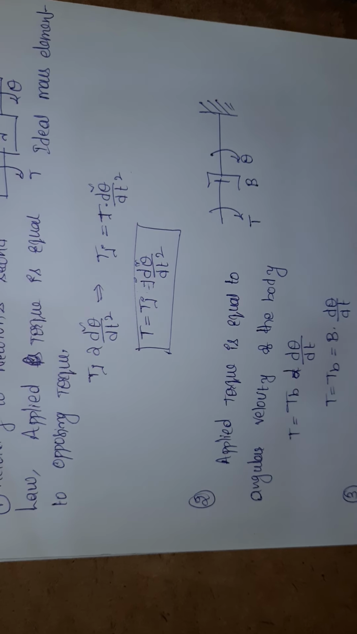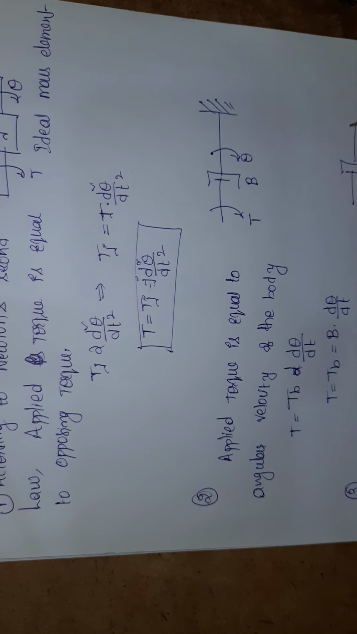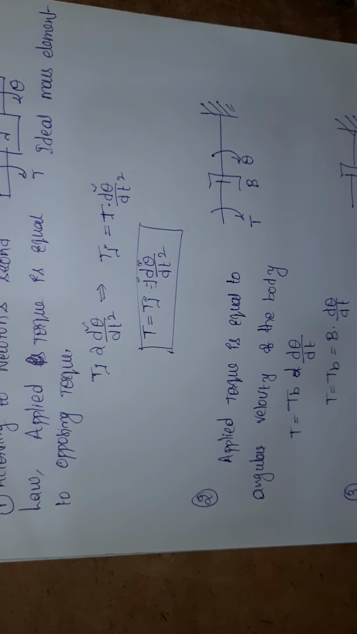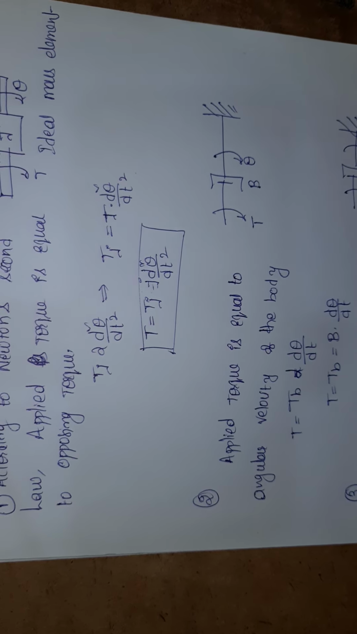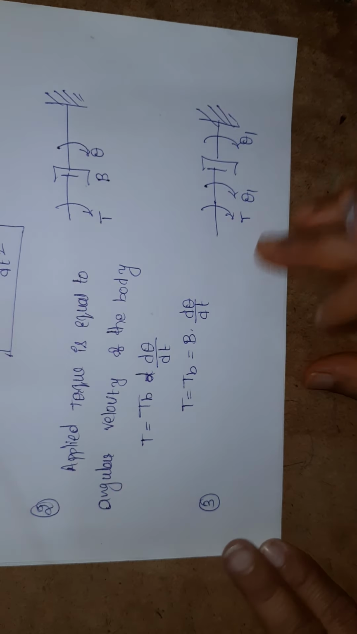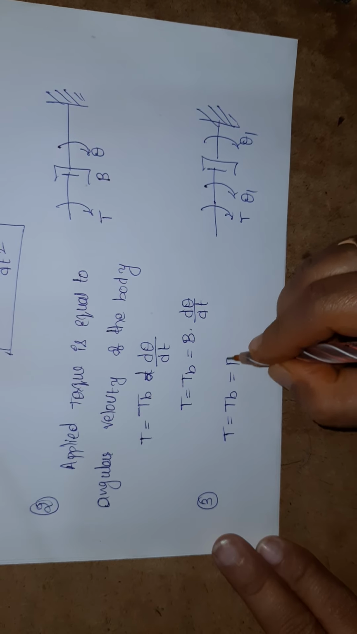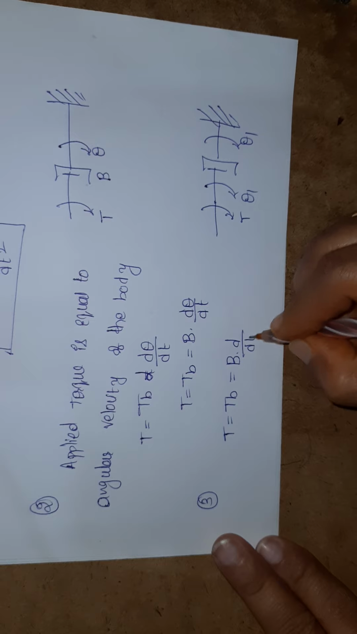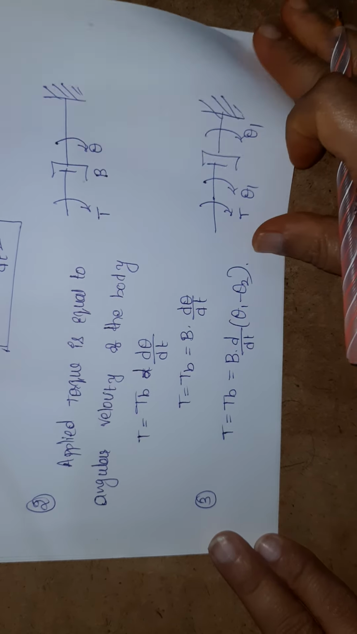Next, third one, we have to consider the case if I am having B in between two displacements, that is theta 1 and theta 2. Last case we have discussed. So here it is equal to B into d by dt of theta 1 minus theta 2. Okay. Next, fourth one,